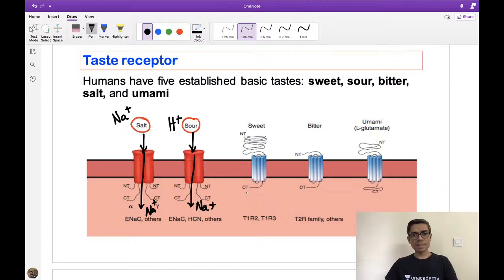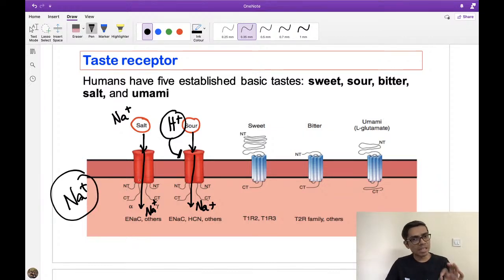So how is this H plus ion leading to depolarization or stimulation of the receptor? By entry of sodium. Basically, this H plus ion is responsible for regulation of this ion channel, which is responsible for perception of sour, right? So this H plus ion, the sour taste producing substance, is regulating this ion channel through which sodium is entering. So if the question is which ion entry is stimulating the receptor in both salt and sour, that is nothing but sodium in both the cases.